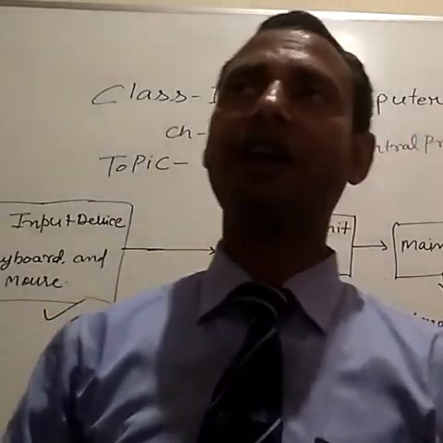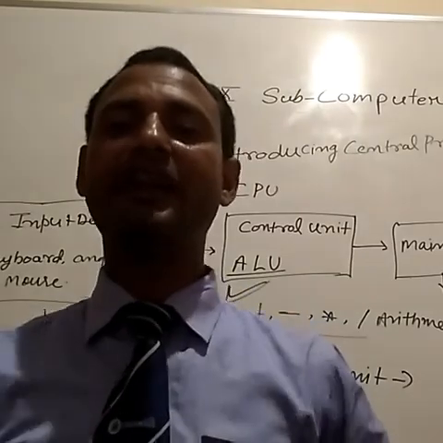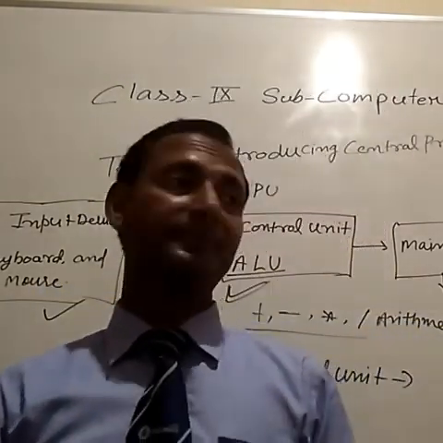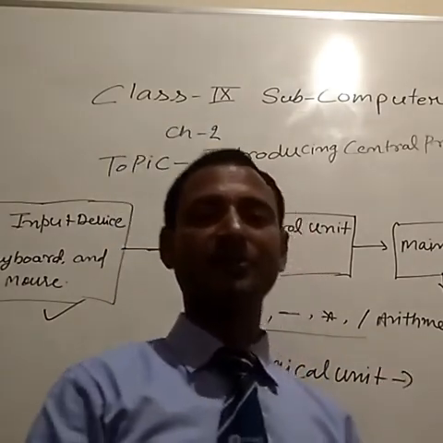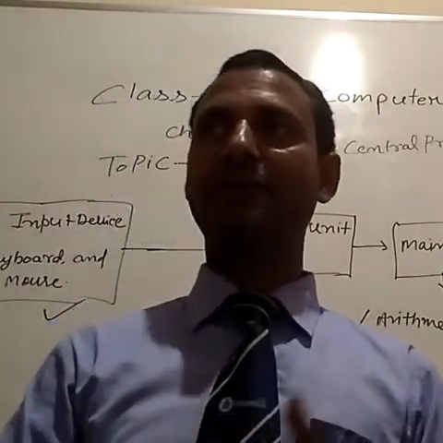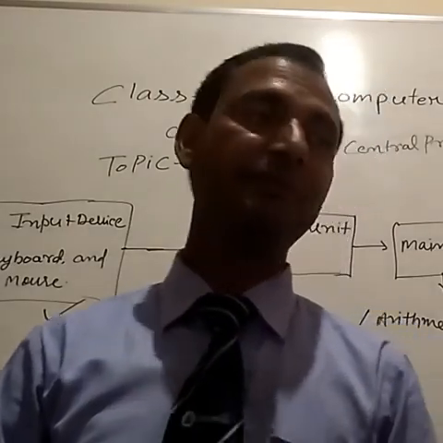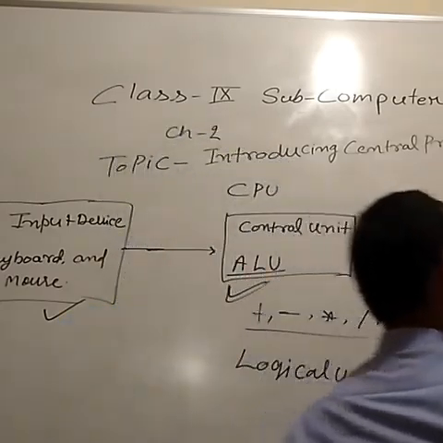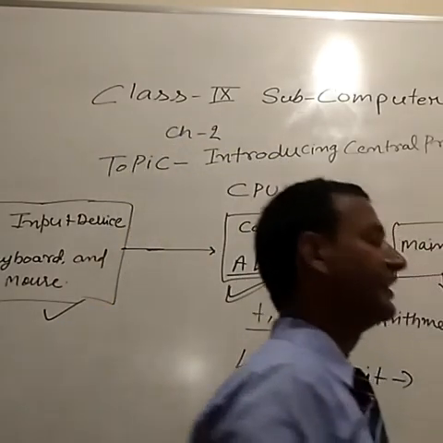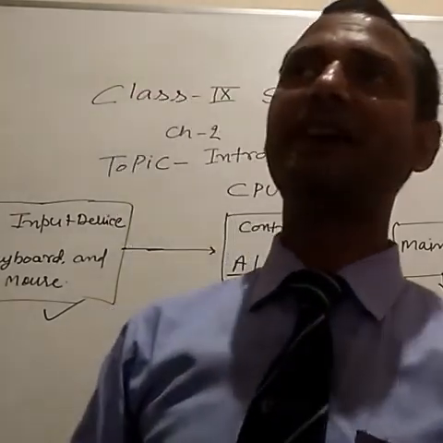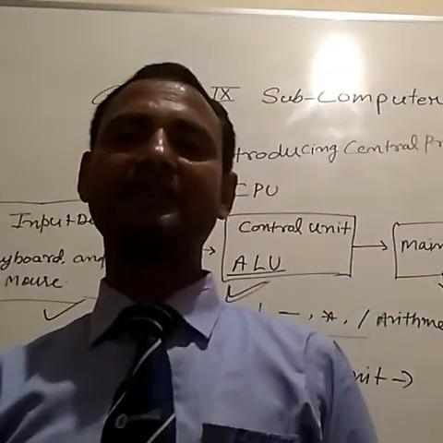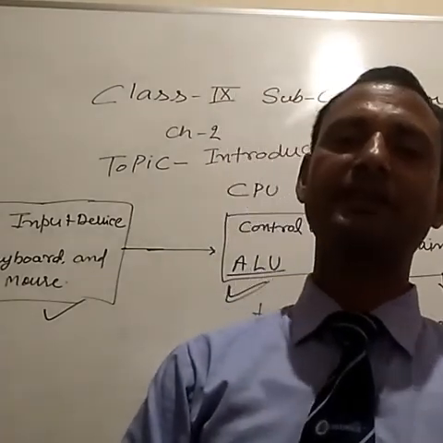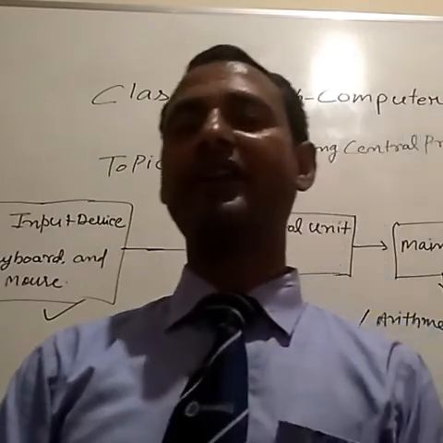Students, we all know that there are two main output devices used by the computer to give the result of your processing. After processing, what will the output be? It will be displayed on the output device. Two output devices are given here: monitor and printer. The monitor is a device used to display everything that happens inside the computer. After processing, the result will be shown on the monitor.